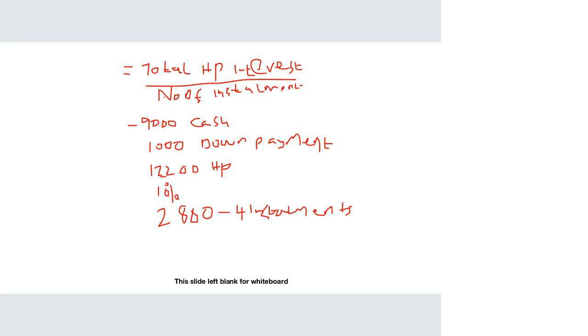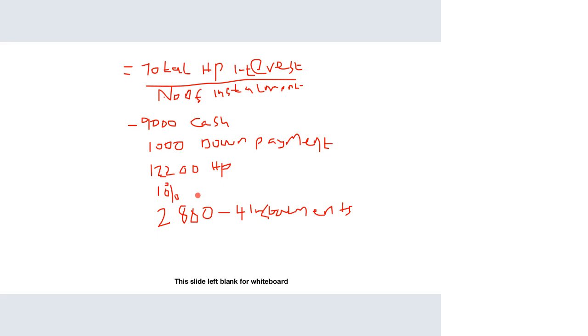So that is what we have. So we are told to calculate the total hire purchase interest that is payable for the entire period, and then also we get the interest that will be payable per annum. So now, in this case, we will look at the hire purchase